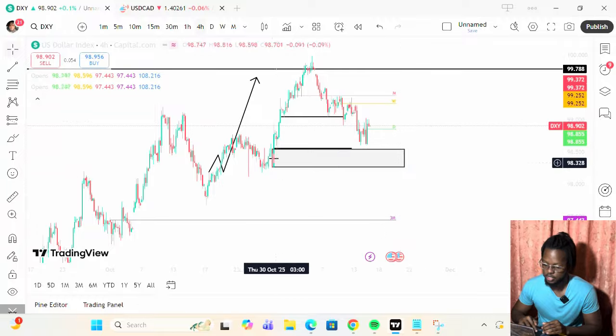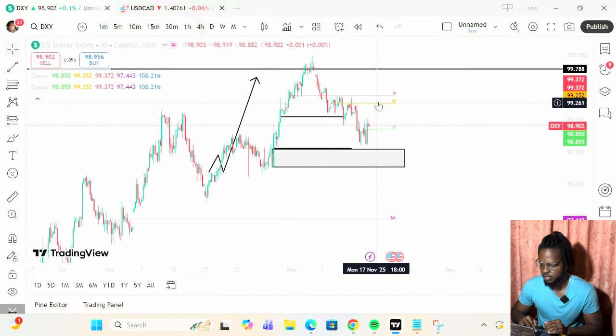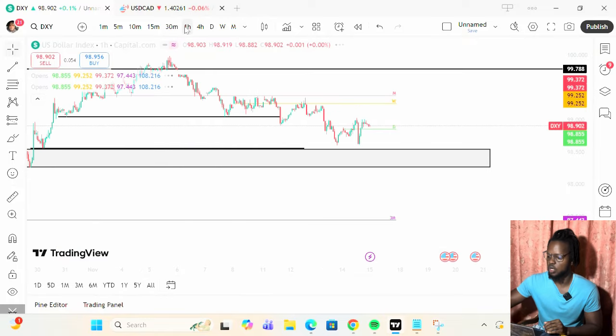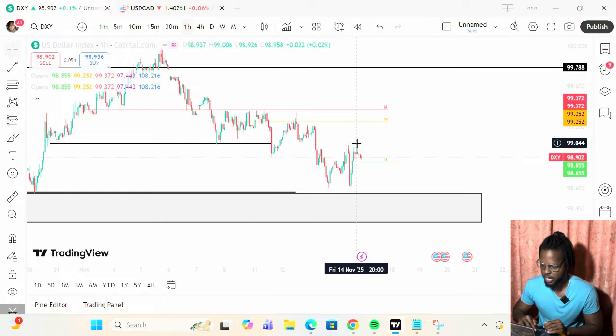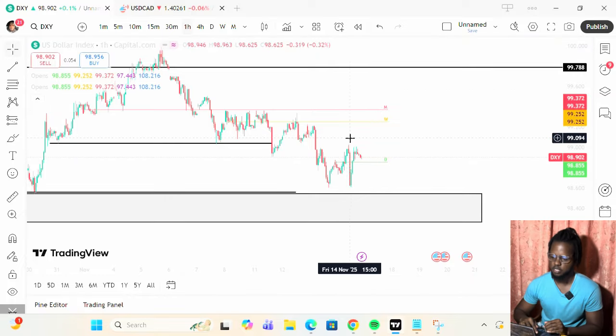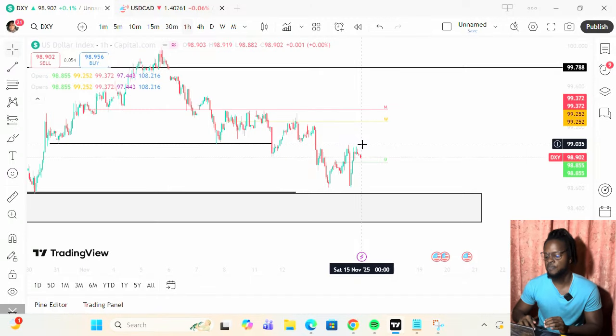However, in my opinion, we also have a demand zone over here, which I didn't mark out. I obviously preferred price would reach this demand zone because it makes more sense to me, however price can literally start going from here. So I'm keeping an eye on US dollar longs because we're very close to breaking this fractal high, right? We come up, and then here we're just stalling. So supply is still in control. We're still bearish in the immediate order flow.